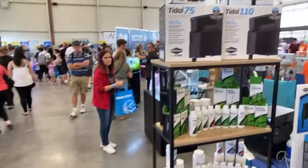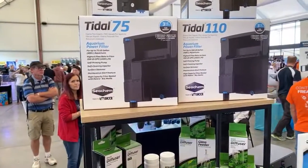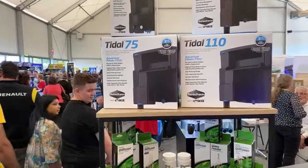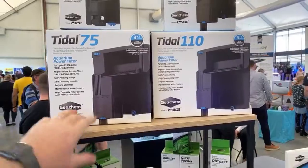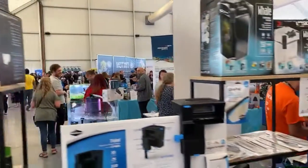One thing I really like that I need to get my hands on for some of my frag tanks are these Seachem Tidal hang-on power filters. I saw these in Western Australia when we did Frag Stock over there, and they are an absolute beast. I don't know if I would do a non-sump tank without one of these anymore. So I'm going to hit up Patrick later and see if he can leave a couple of these with me,